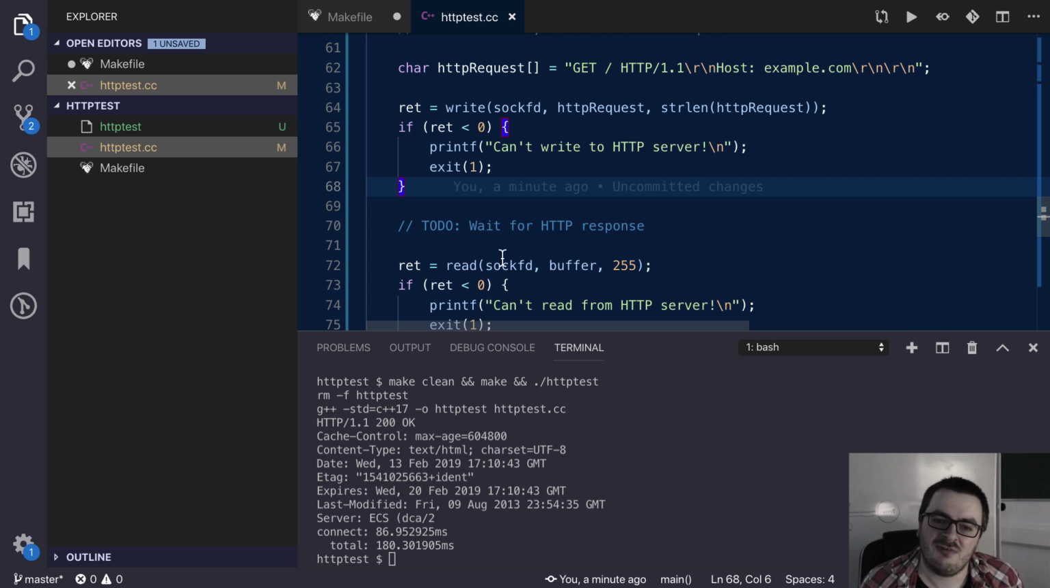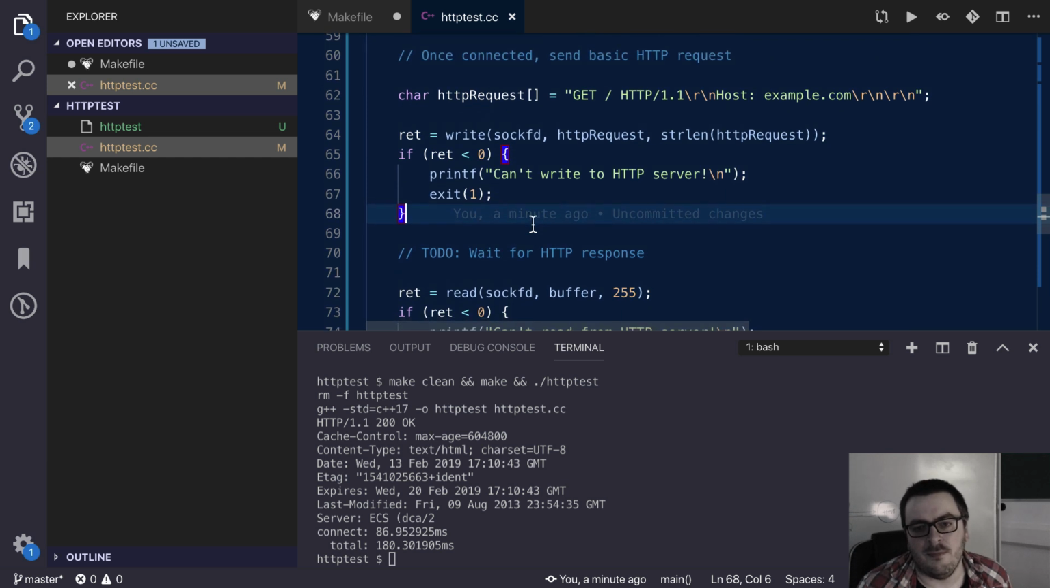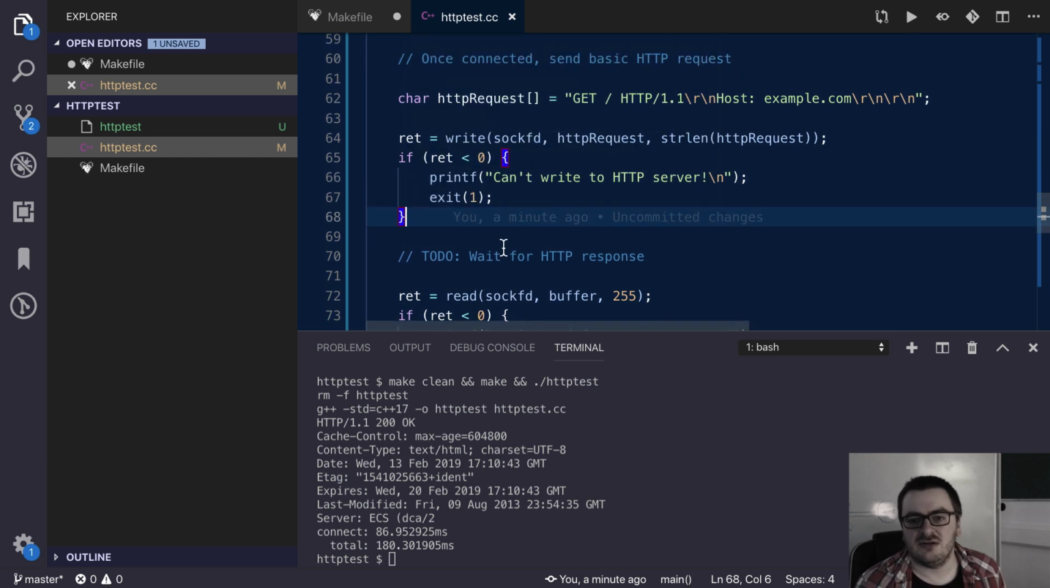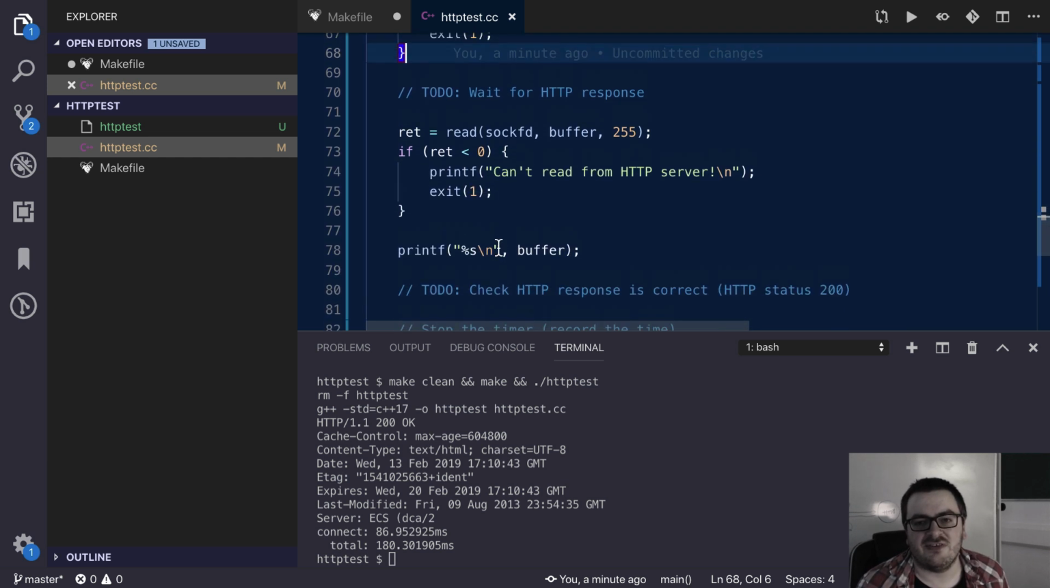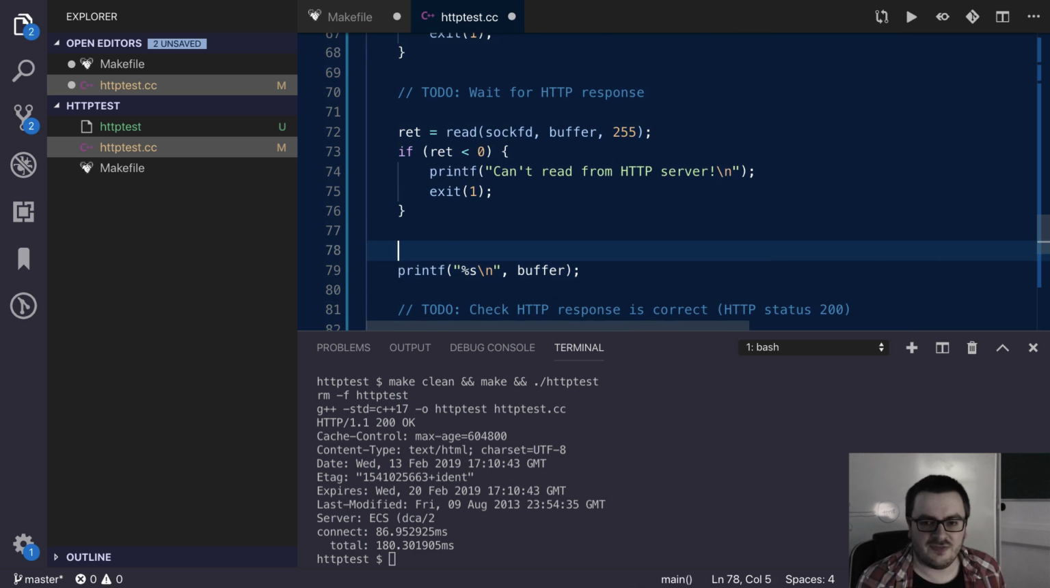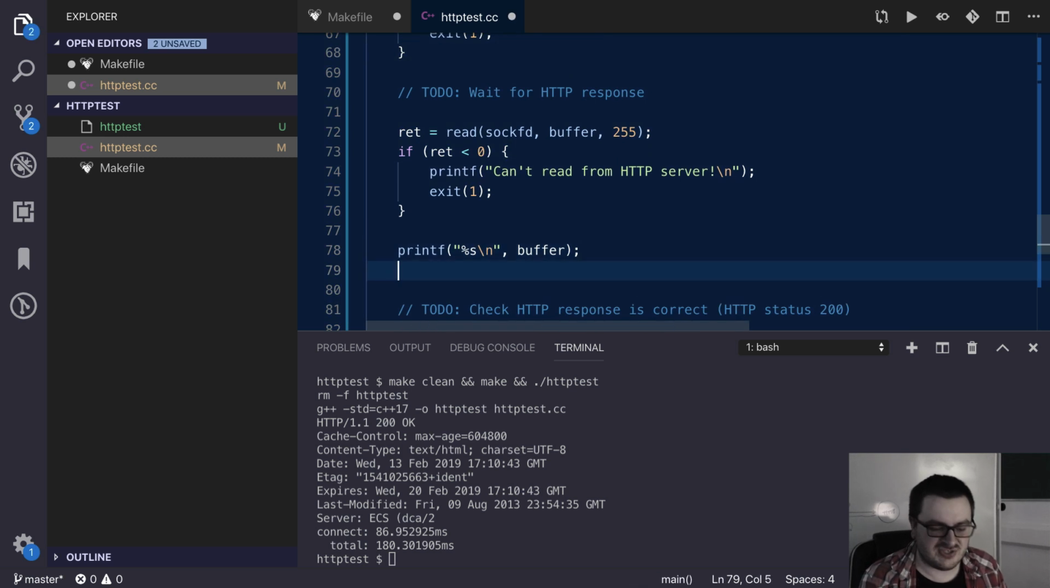So I don't know if I'm going to make the right decision here. For now, just to keep this video at a decent length, I'm going to treat this response as being legitimate, essentially, if it's over a certain length. We're not even going to look for the HTTP status code at this point. What I am going to do